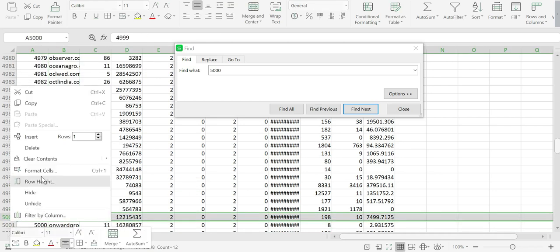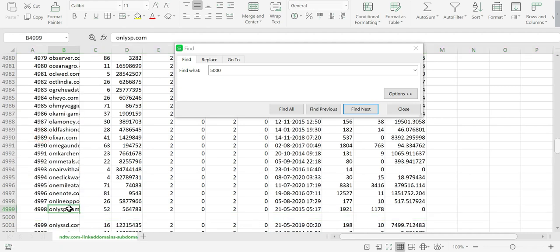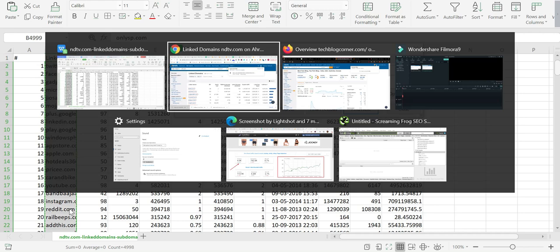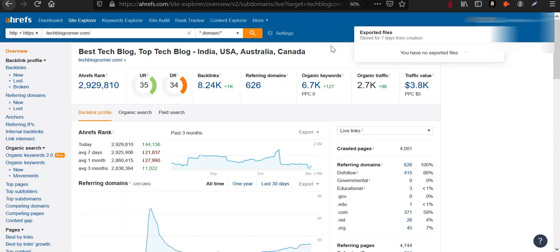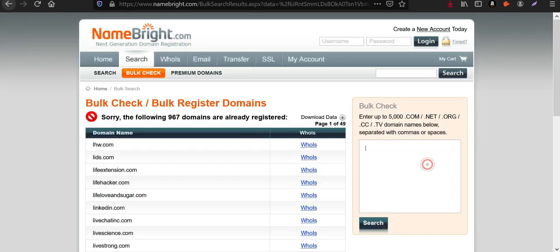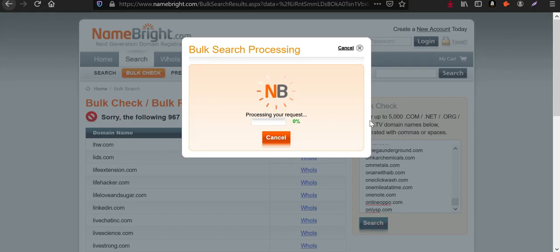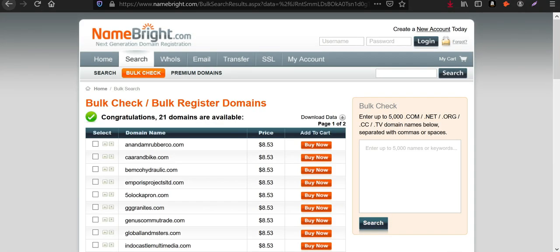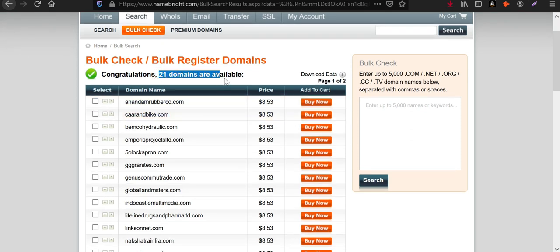Now I have copied, going back to the tool, let's see what we are going to have. 3, 4, 5 domains, 8 domains, 11, 15. So this tool is really nice. So these are the 21 domains available. So I'm going to download that data.